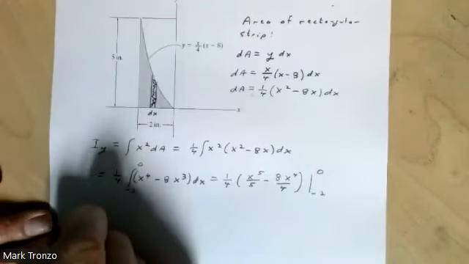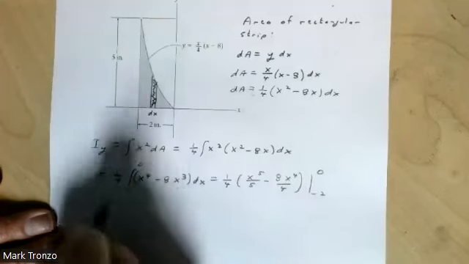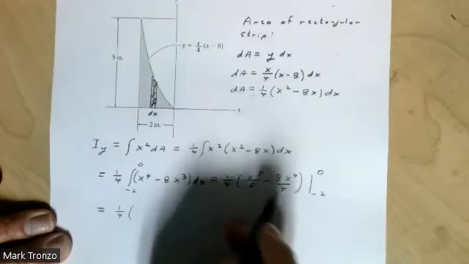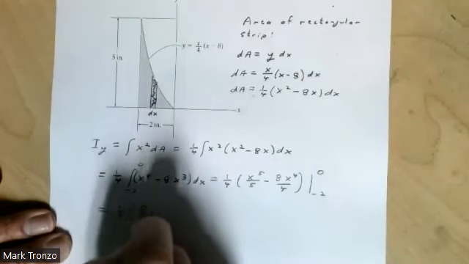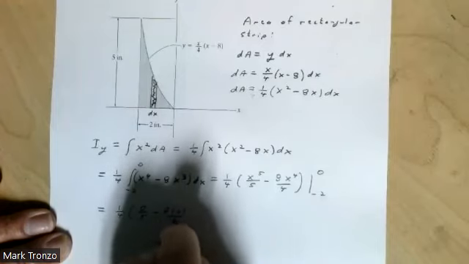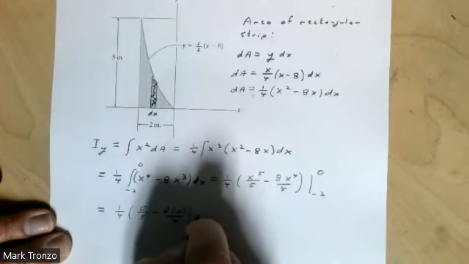Then we put our bounds in. So it's 1/4. Now our upper bound is 0 here over 5 minus 0 here, which is always nice. And our lower bound,